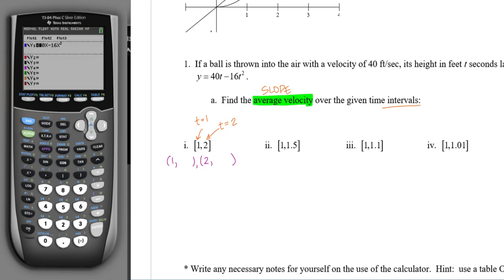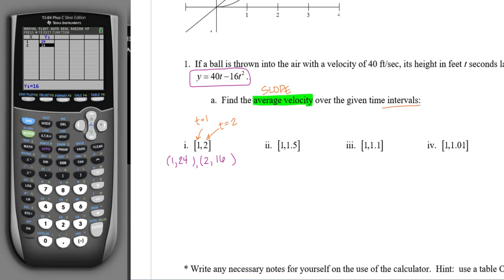I could certainly do it exactly. So I know that my table, for example, again, go to second window or table set. I think it's a little bit more efficient to have that independent variable on ask, so you can type in whatever you want. Then when you go back to table, you're going to type in 1 for your input and then 2 for your input. And since these are exact, you certainly will want to keep everything exact the whole way through. So this is 1 comma 24